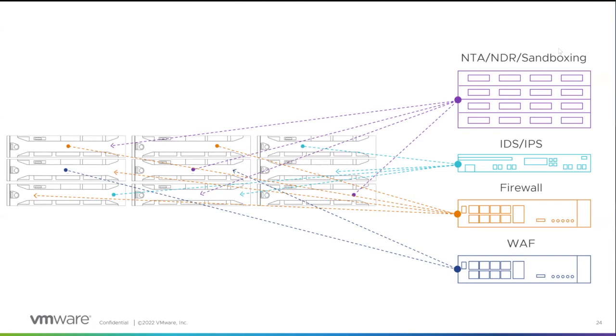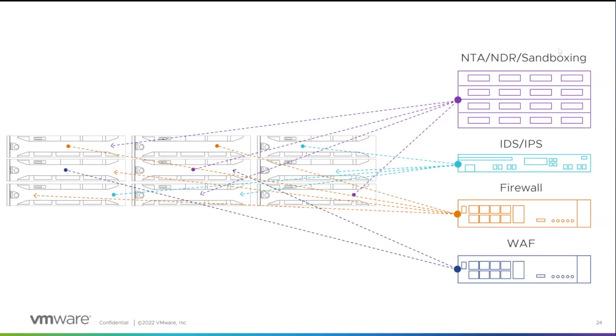Now, the issue with a lot of these capabilities being deployed, again, traditionally as appliances at the perimeter, is that they're only seeing traffic coming in and out. And a lot of organizations are trying to use these traditional capabilities by extending them inside. But that doesn't really work because with all this traffic, you create congestion, complexity, and ultimately blind spots.